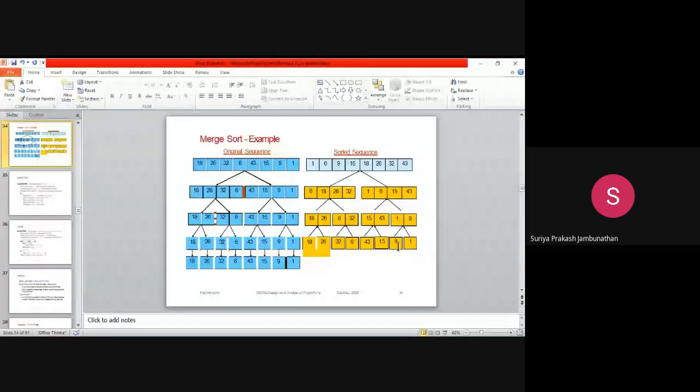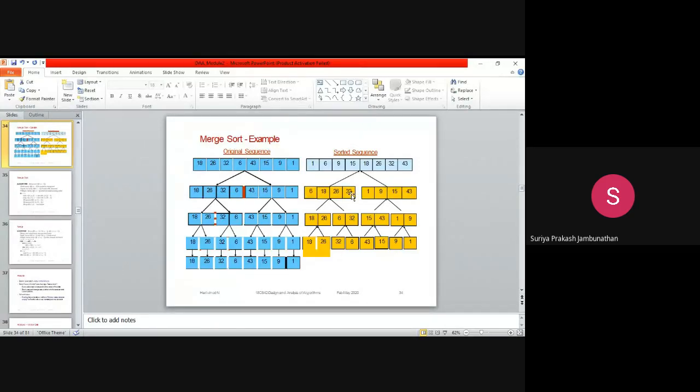So now we merge the individual values, and they will be merged in 2 and 2 like that. Again we have to merge these values. We take these two and merge them as 4 values, and here also the 2 have to be merged as 4 values. Here we have to identify the least number in this first 4. The least number is 6. Next to this, the greater is 18. Next the greater is 26. Next the greater is 32. So that way we are arranging the values.